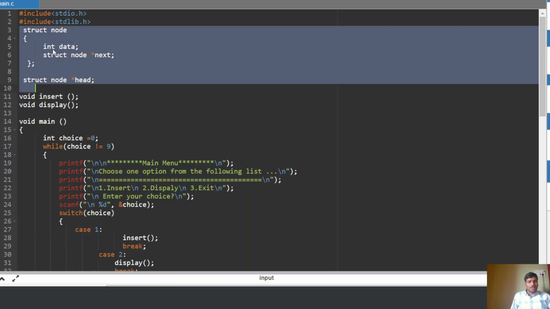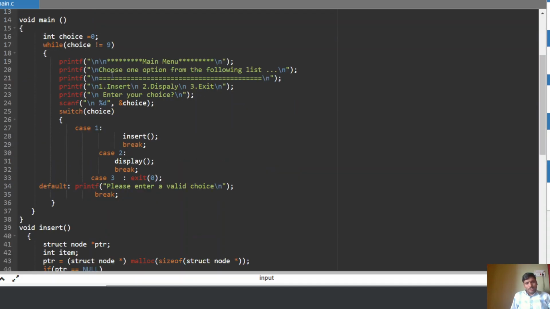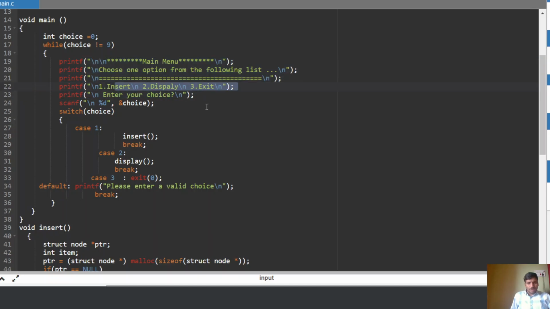In that I have declared int data, struct node pointer next, and one more pointer, head, and two functions, insert and display. It is a user interactive menu driven program which asks the user to exercise a choice. Choice 1 is inserting a node into the list, choice 2 is displaying the list nodes, and choice 3 is exit.